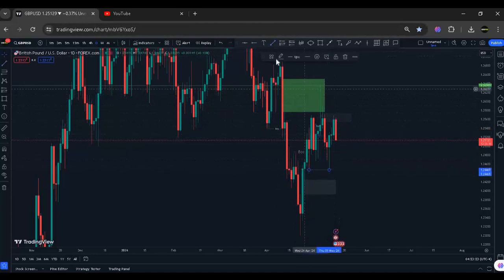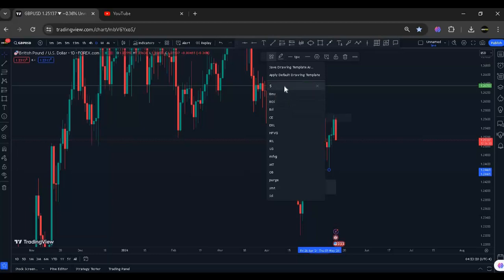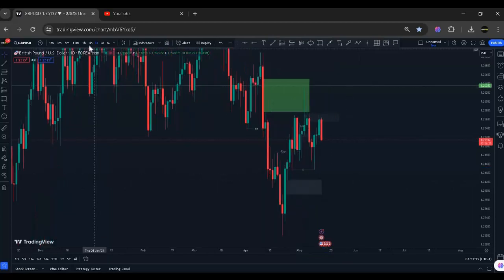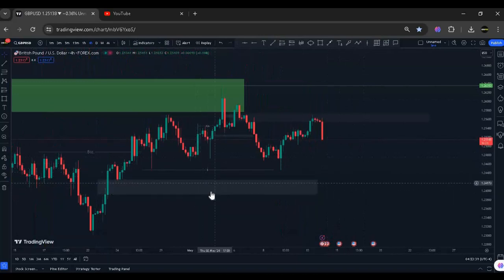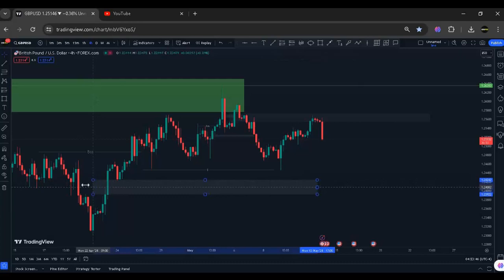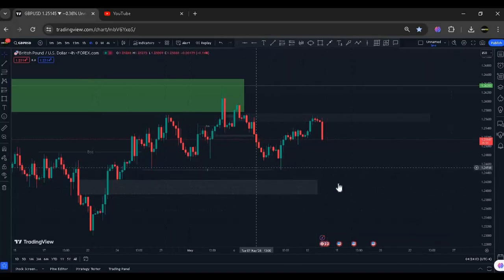and I feel like right now it's coming down to sweep these relative equal lows here. It's coming down to sweep those relative equal lows, and since it's going down to sweep those relative equal lows, then mitigate this daily order block here, or our inverse fair value gap, because you can see we had a break of structure there, inverse fair value gap,